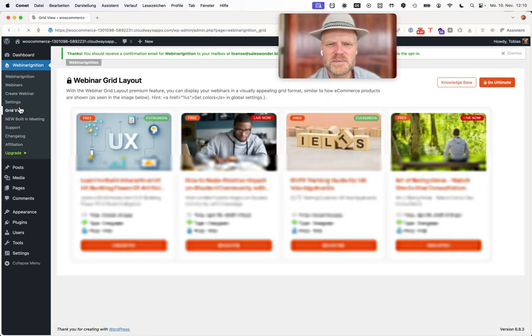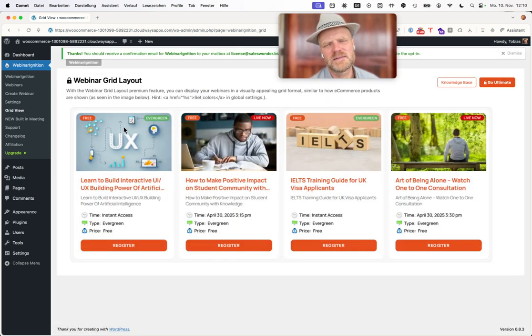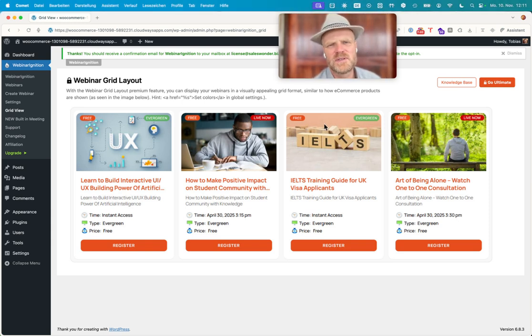We have the grid view here to show your webinars as an overview. You maybe have it in front of your first page and say, this is our offer. And then below you do the social stuff and everything. But this is like a very beautiful view and they're mobile responsive. And you can click the webinars together or show all and have a filter of live and evergreen. It's done by time zone